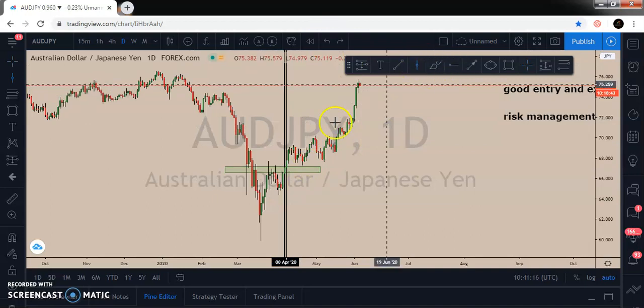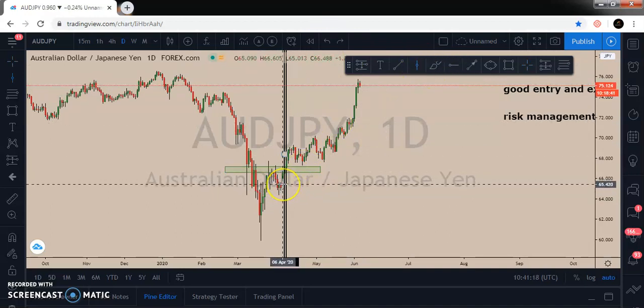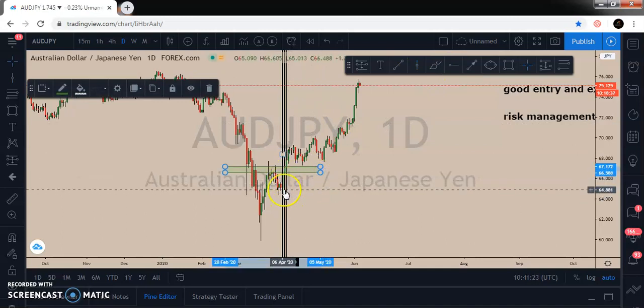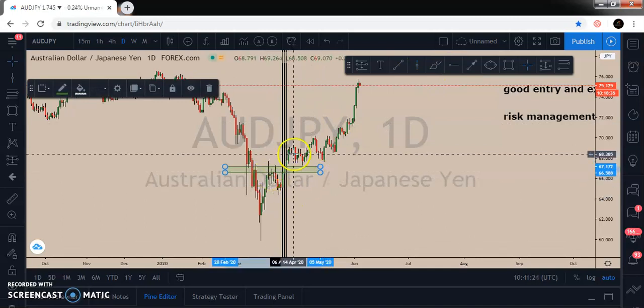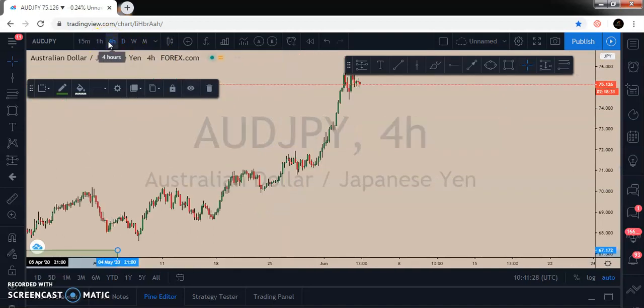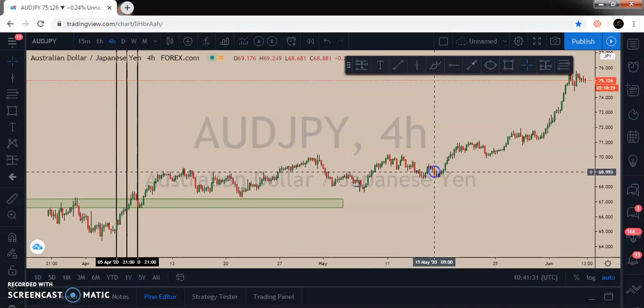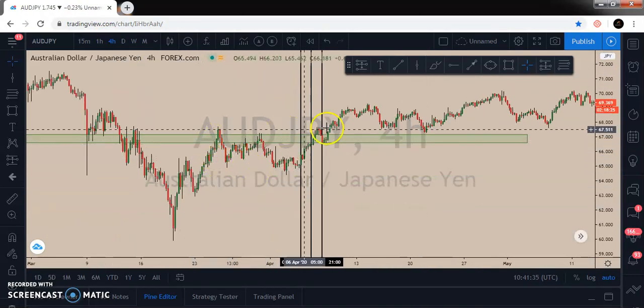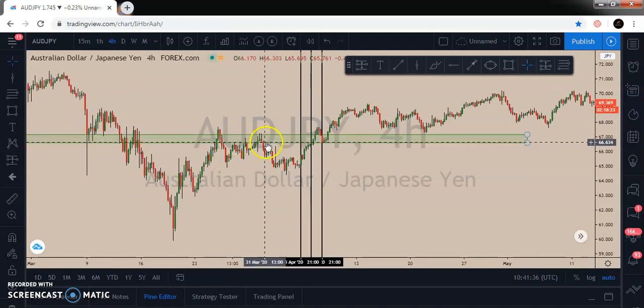Okay, let me pick it and put it here. Now the candle that breaks the first three candles before the breakout. Now you move over to the 4-hour time frame. Now what are you going to be doing? You look for that region you applied those candles. Now this is the region, this is the breakout and retest you have been waiting for,